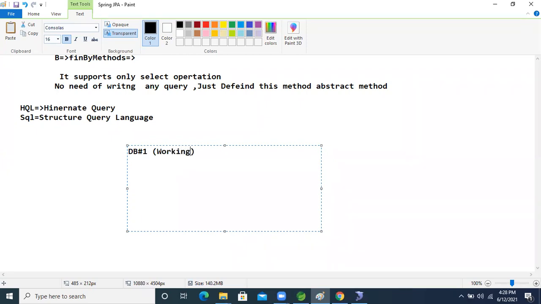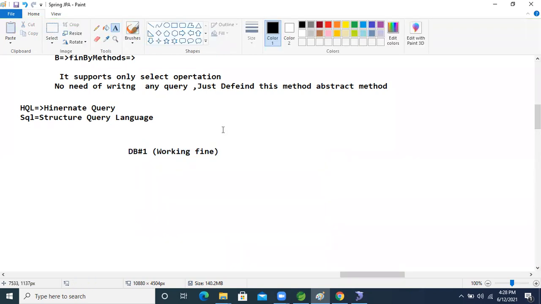If the query is working in the database, fine, working fine. If we are defining a SQL query, I'm talking about SQL query, not HQL query, in the database, based on that database we are writing the query.